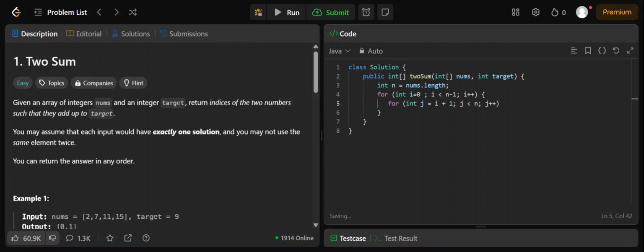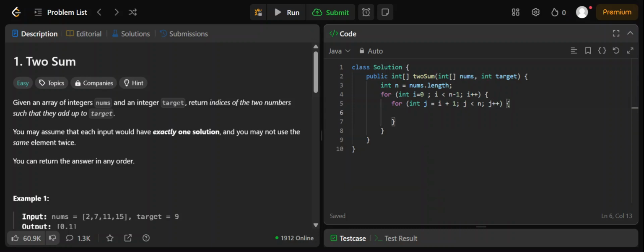Now we will compare. Since this will run the loop and see the numbers in it, we can compare them properly. For that we have to use an if clause.